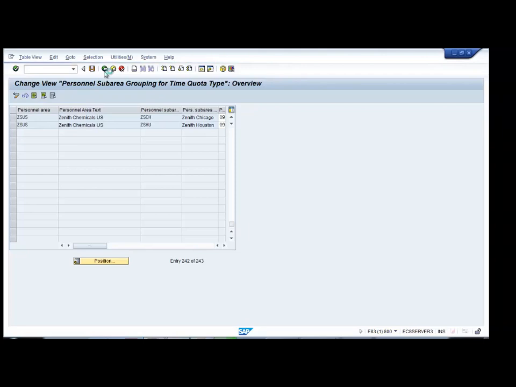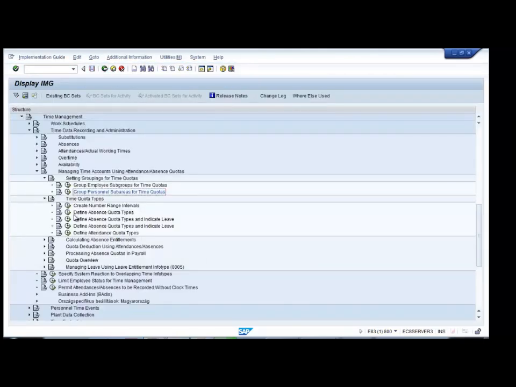I basically define the absence quota, like whether you are trying to define vacation or sick. This is not an absence type. Don't get confused with absence type and the quota. Absence type is different. Absence type could be vacation, leave or sick leave. Quota is the bucket which has the total number which you are eligible for 1 year or a particular period of time. So now I'm going to define absence quota types.